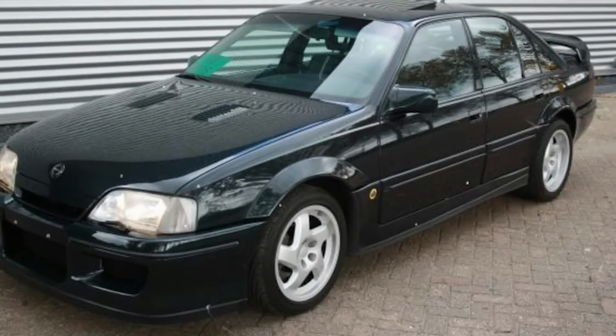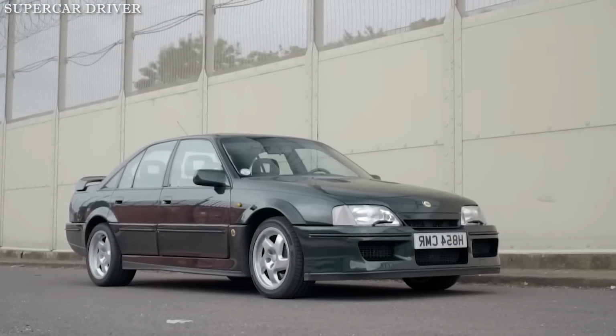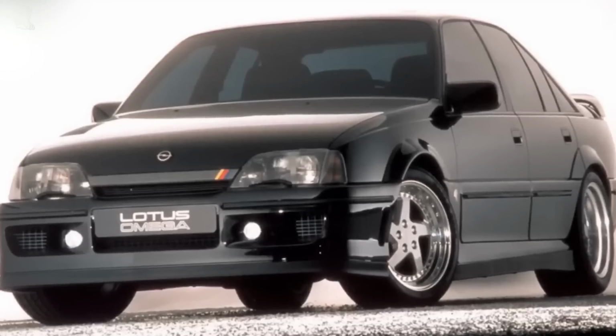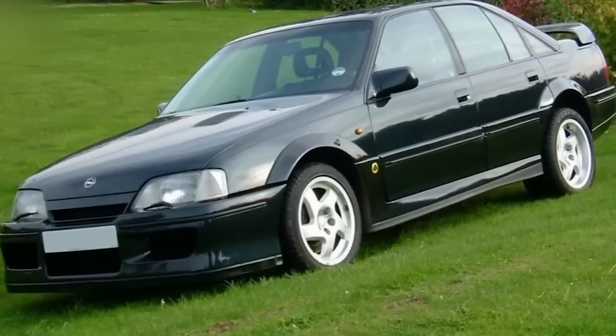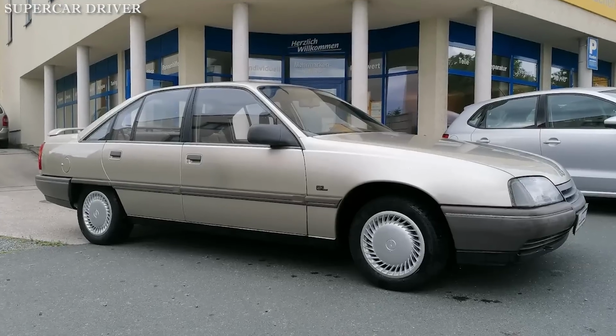Today, more than 3 decades after its introduction, the Opel Lotus Omega remains a testament to what's possible when two companies with different expertise come together with a shared vision. It stands as proof that sometimes the most remarkable achievements come from unexpected partnerships, and that pushing boundaries often leads